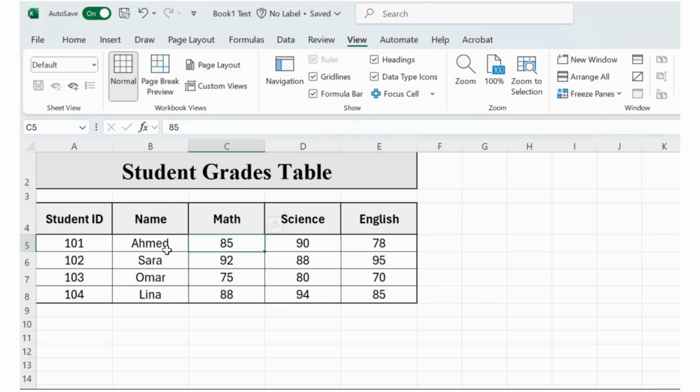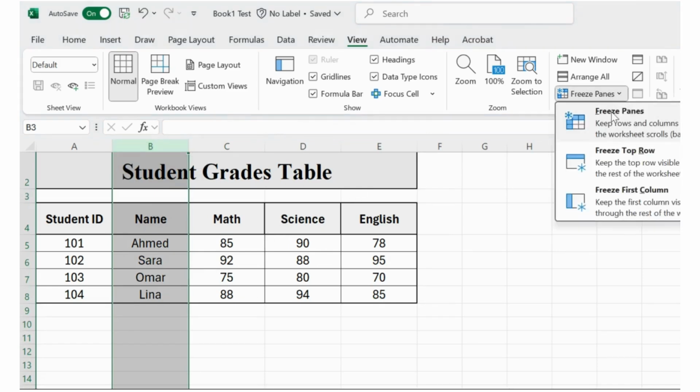And whenever you want to clear the freezing to adjust your view again, simply open the Freeze panes menu and click Unfreeze panes. Next, if you need to focus on scrolling sideways while keeping an important column visible, for example, when moving across many fields in a long horizontal dataset,